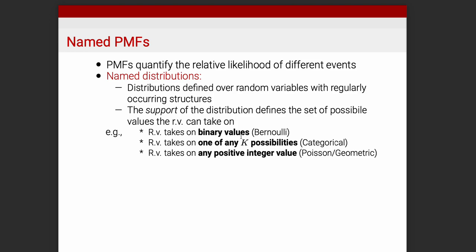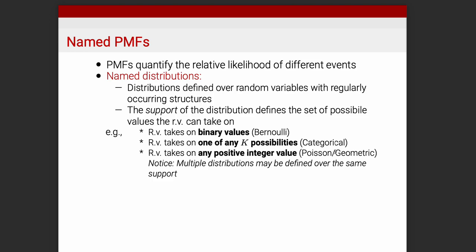There are other supports, for example, the positive integers. So in the context of conflict studies, we might be interested in modeling count events. In that case, the support of the distribution is any positive integer. So there could be 0, there could be 1, there could be 2. There's no upper bound. There's a count, and the distribution is defined over any value from 0 to positive infinity along the integers. So this can be modeled according to multiple distributions. For example, the Poisson distribution, which we'll talk a little bit about, or the geometric distribution, which we'll talk a little bit about, they all are defined over the same support.